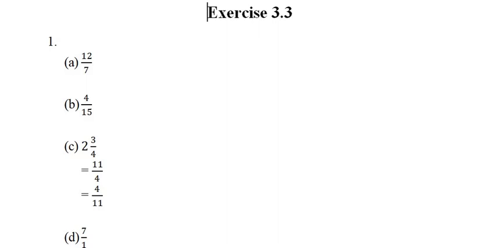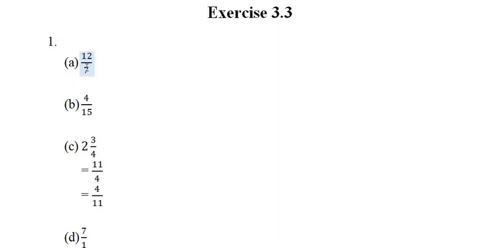Okay, so let us start with question number 1, that is, write down the reciprocals of the following fractions. Now what is a reciprocal? By reciprocal we actually mean the reverse, or the change in the placement of numerators and denominators. In question 1a you can see it is 7 by 12, isn't it? So now you have to change the place. The numerator will be the denominator and the denominator will be the numerator.